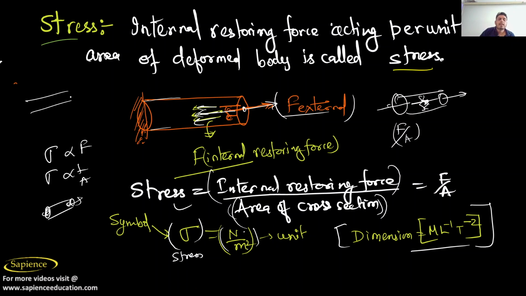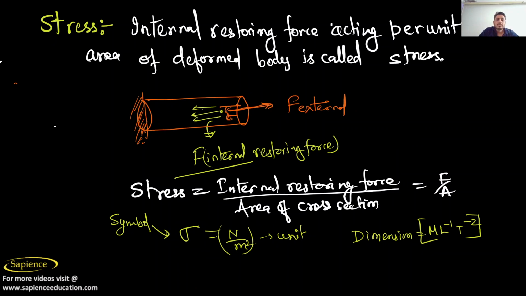So take an example. You should try to take an object like this, and if you apply a force on this object, what will happen? This object will try to apply a force in the opposite direction. So as soon as you feel there is a force applied, a stress is produced. So stress is generally like a pressure, but we can't say pressure directly, we can say similar to pressure only, right? So I hope you have understood this situation, right? So you have now understood stress.